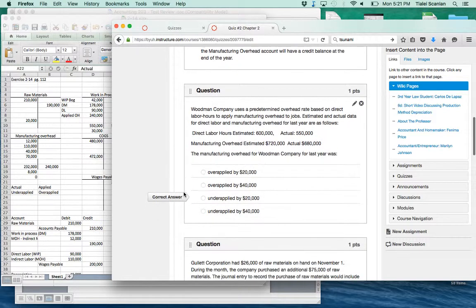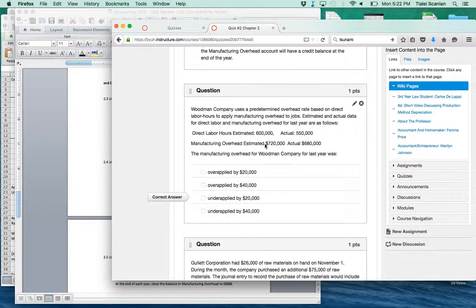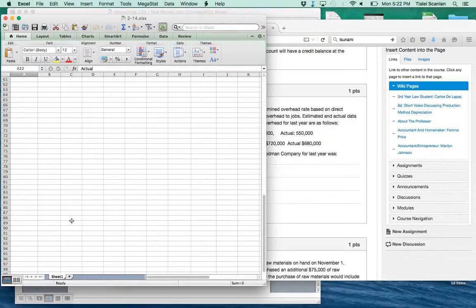And then the next question, it says predetermined overhead rate based on direct labor hours, estimate and actual data. So remember, when we're doing a predetermined overhead rate, it's the total estimated overhead cost over the total allocation base. So that'll be the 720,000 divided by 600,000 to get our predetermined overhead rate. So if we do that, 720,000 divided by 600,000, we get